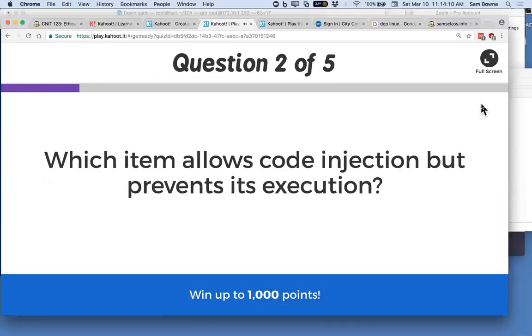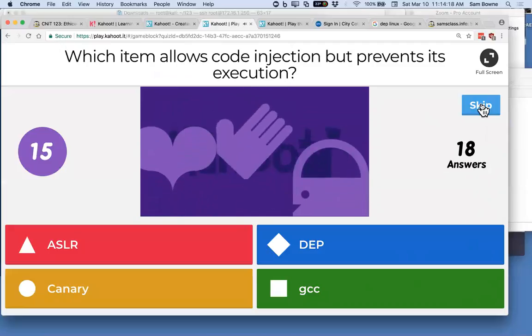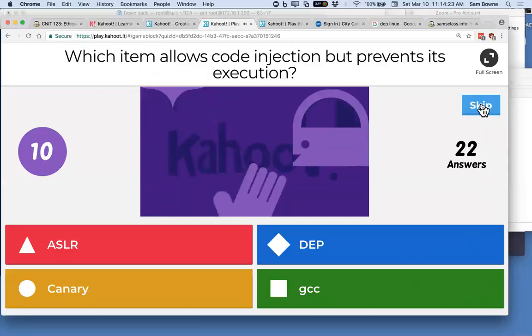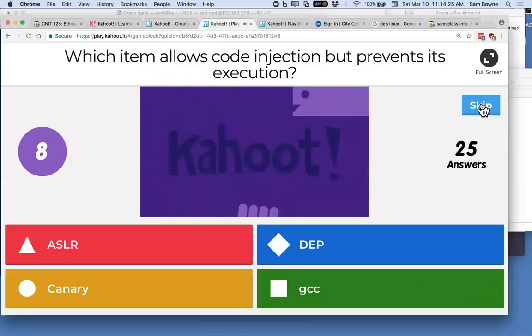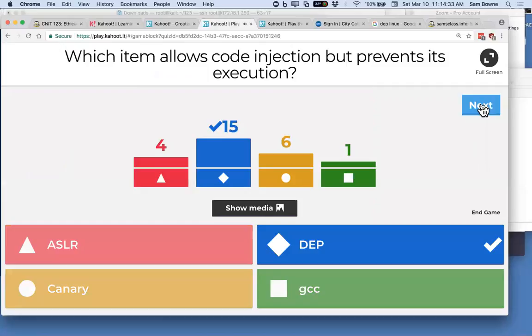All right, which one will allow code injection but prevent its execution? Okay, DEP sets the NX bit, so even though you inject code and jump to it, it won't run.